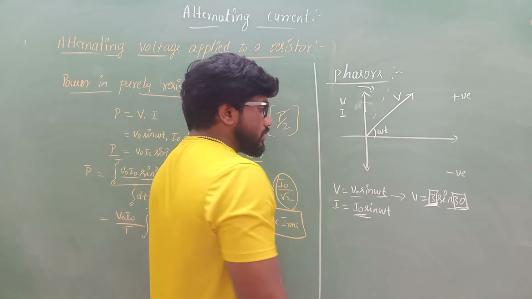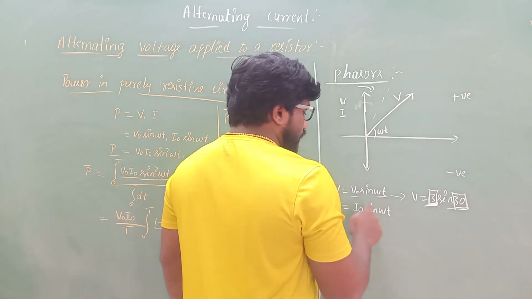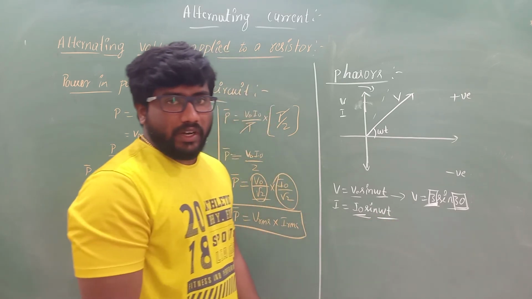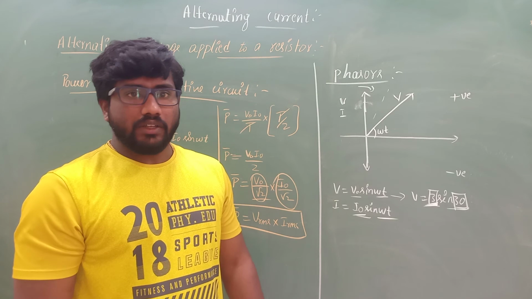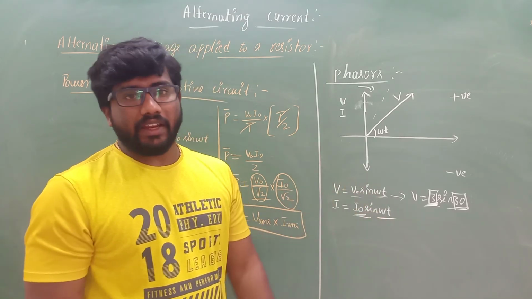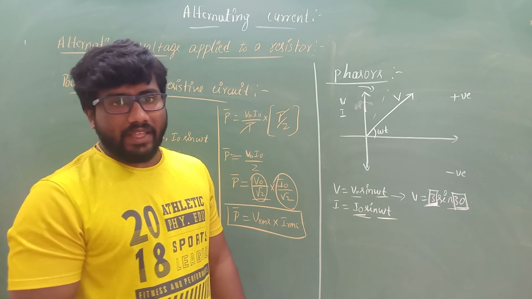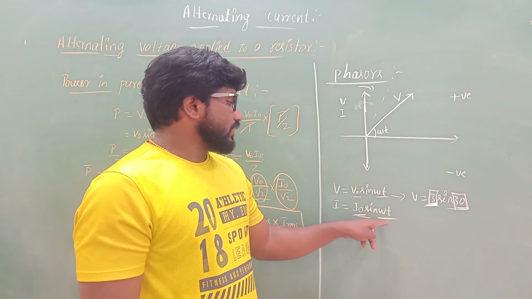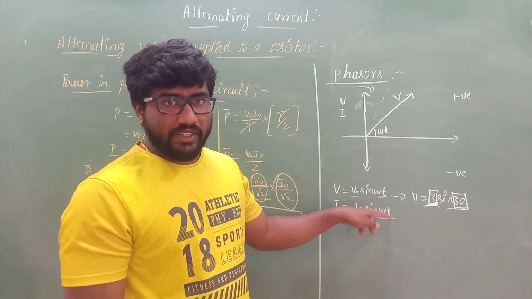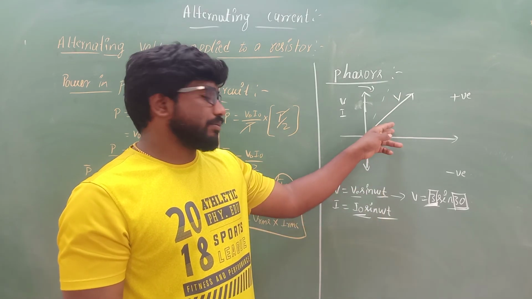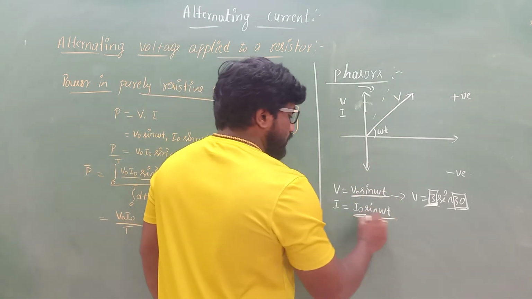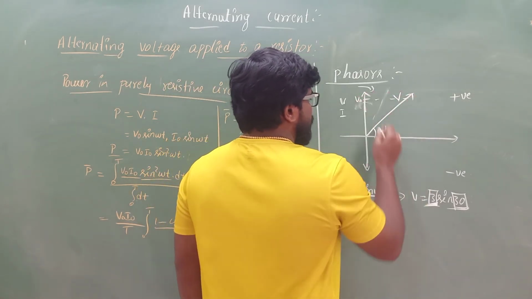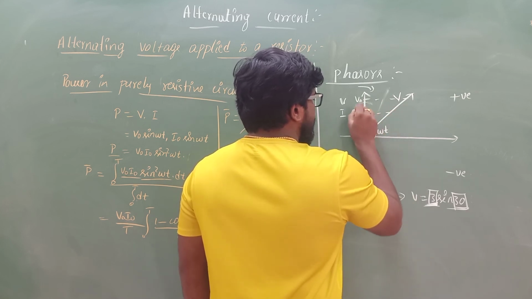Sir, if the angle between current and voltage is, for example, sine of pi by 2, then how to write that? It will come next, I'll tell you how to write that. The angle between this and this must be 90 degrees. In the inductor circuit, it comes, and I'll explain how to plot the graph. But here we don't have any phase difference, correct? If there is a phase difference, we can represent it here. So here both are in phase. So voltage you can take here, this will be the maximum value V naught. If you want to take the current, it comes here, that is I naught.